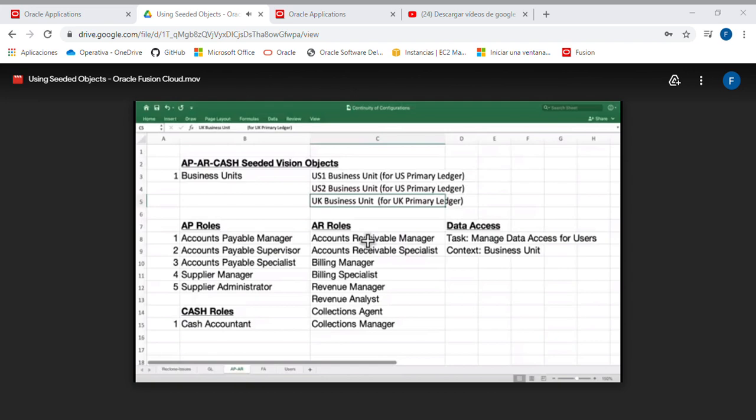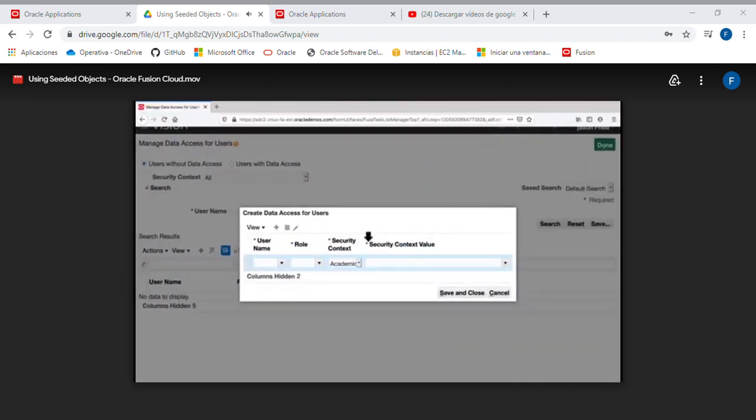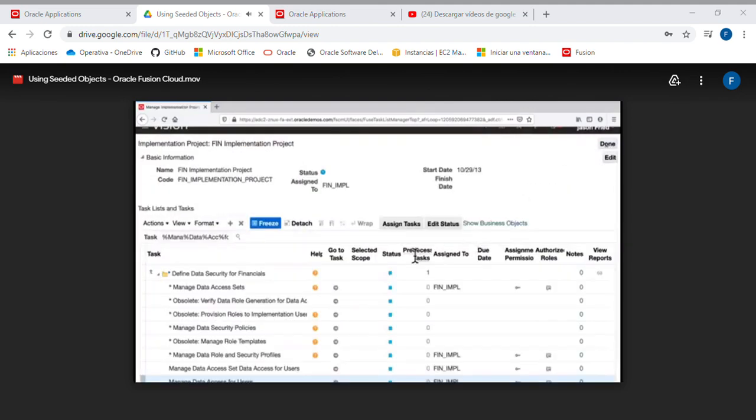If you want to find out the names of other business units, go to the implementation project and go to task manage business units.